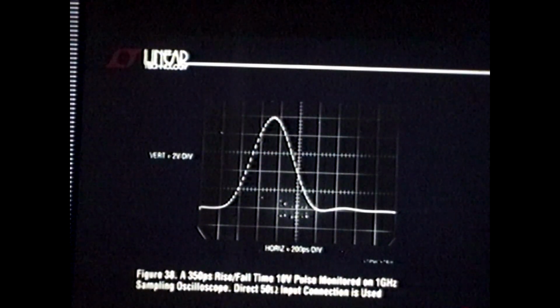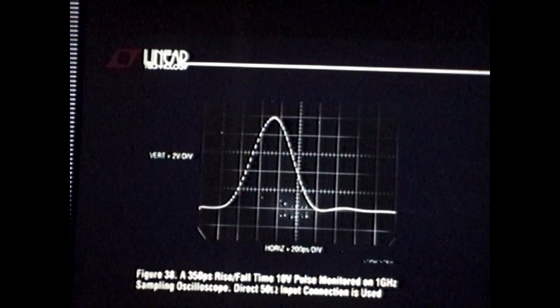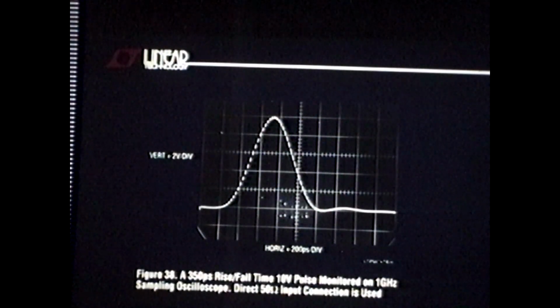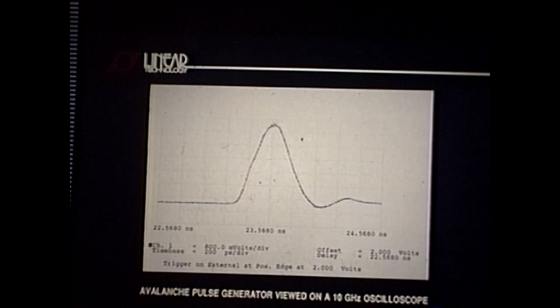If you go through the numbers, 350 picosecond rise time is 1 gigahertz. We're looking at the scope. It's tilted over. At 10 gigahertz, the rise time is 35 picoseconds. So this feels pretty good. What it really looks like is about 230 on the rise. It's going to be a while before instruments like this show up at the flea market at Foothill College. I'll buy one. The point is, it's extremely valuable, especially when it costs nothing, to have a pulse generator around